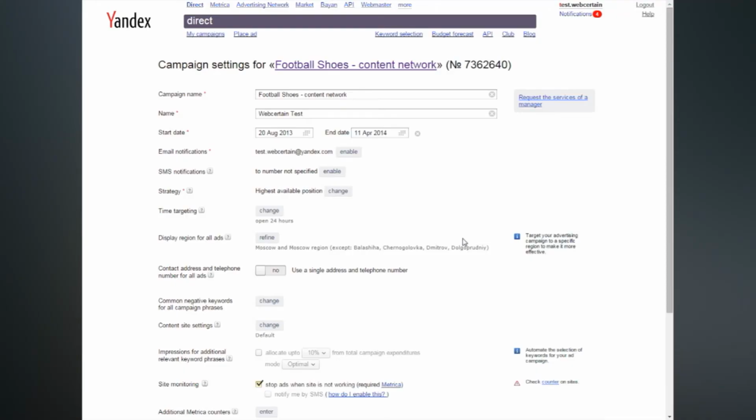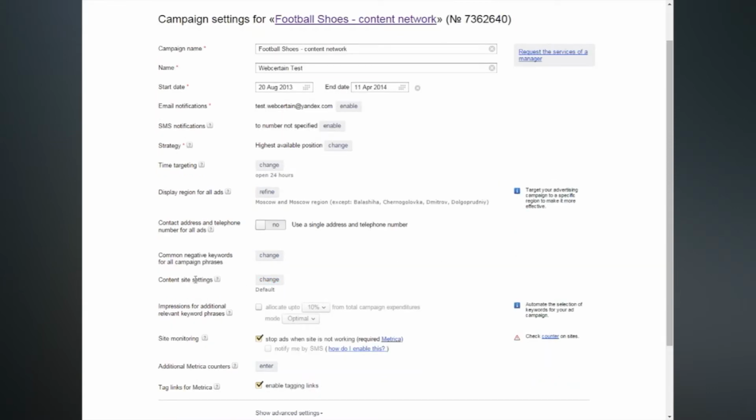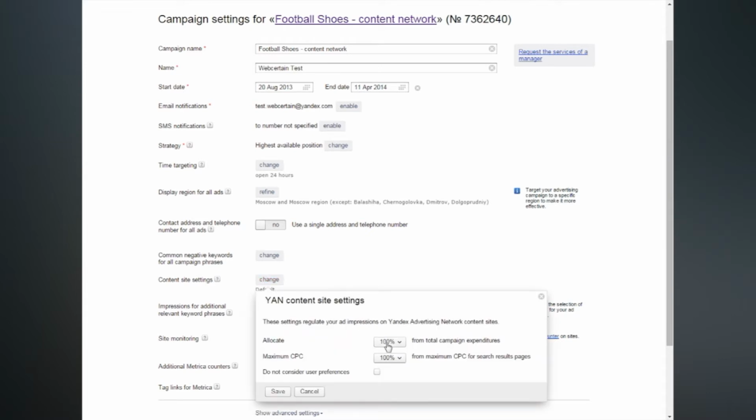Could you tell us how to go about selecting an advertising network on Yandex? I think it would be best if I show you actually in the live interface how to do it. By default, your campaign will be running on both search and content networks. If you would like to allocate a specific percentage to the content network, you need to go into Content Site Settings option, click on Change, and then you've got the option to allocate a specific percentage of the budget to the content.